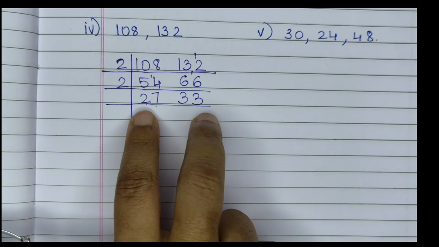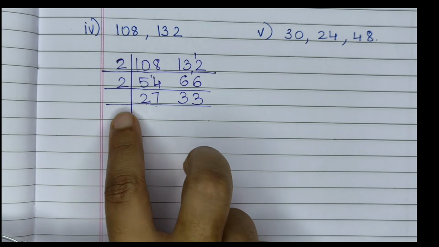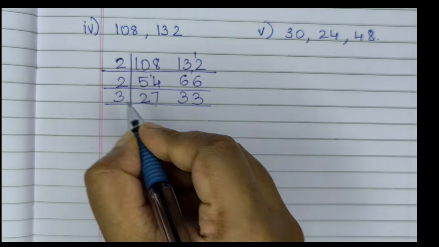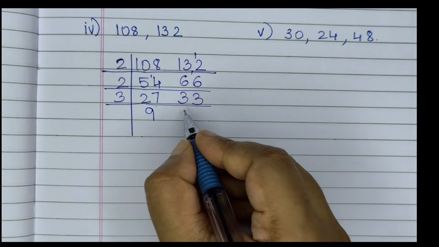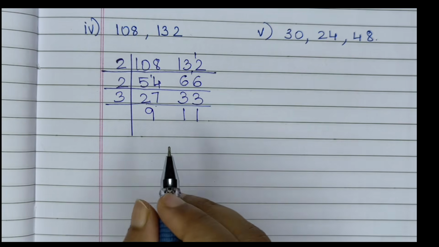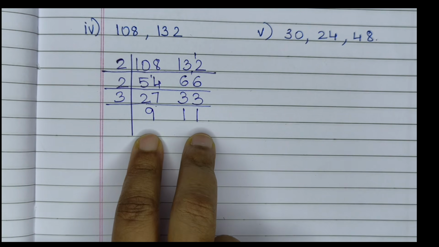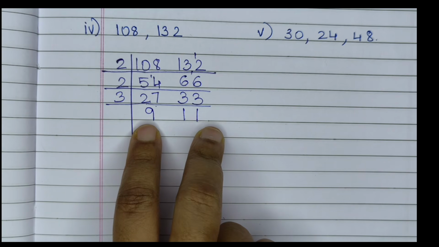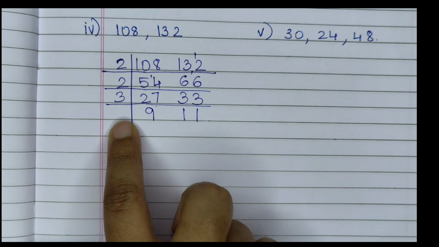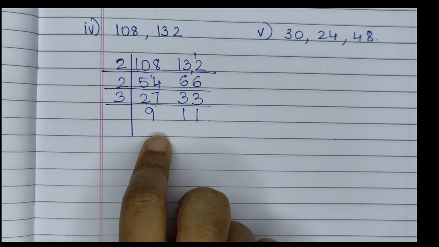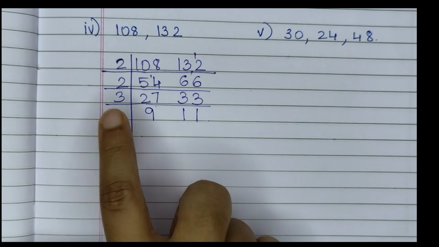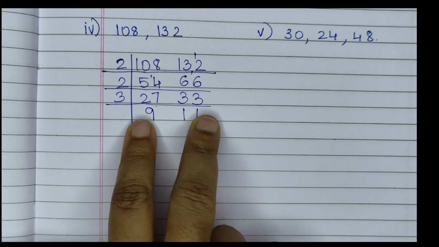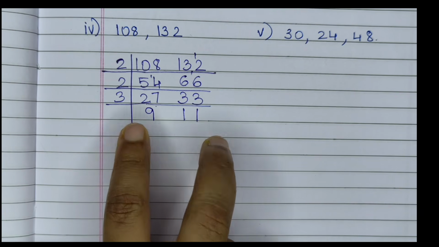What do you do? Both the numbers have to go in the table. Either you take 2, 3, 4, but both have to go. So now if I am taking 3, 3 9s are 27 and 3 11s are 33. Now 9 and 11, will they both go in any one table? Like if you take 2, no, in 2 they don't go. If you take 3, only 9 is going to go in 3. 11 is not going to go. And if you take 11, 11 ones are 11, but 9 will be remaining. So you have to stop the division here.